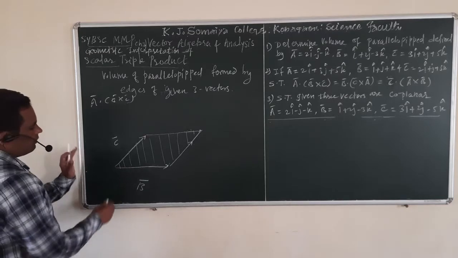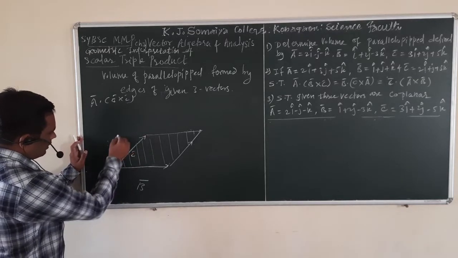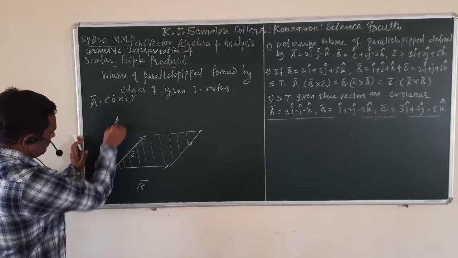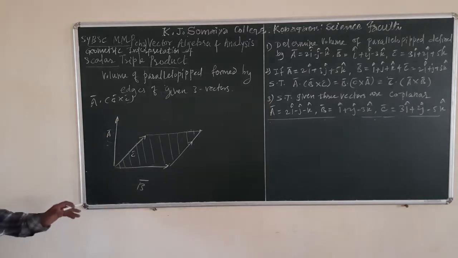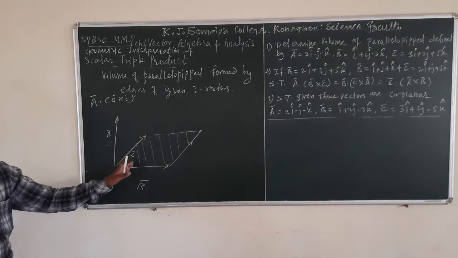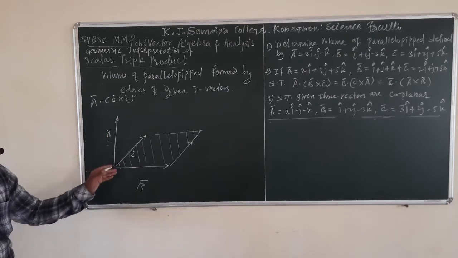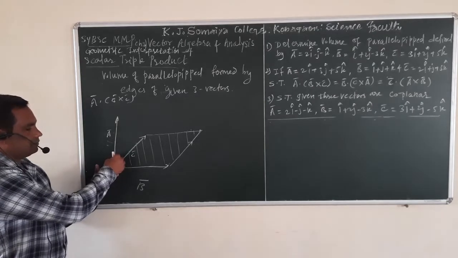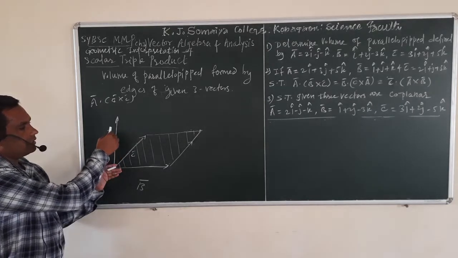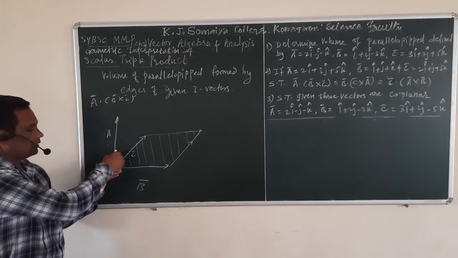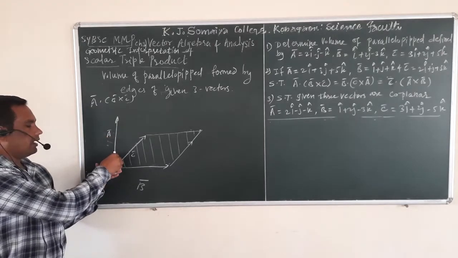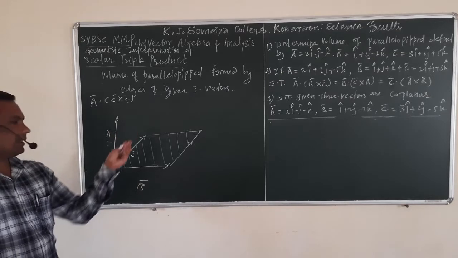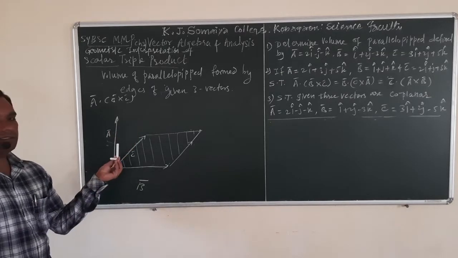Now if we take vector A like this, I have shown vector A in the plane of BC. But see, how can we represent that vector? Suppose this is vector B cross C. Vector A is like this. That vector A is not in the plane of this board. It is like this. And we are taking the dot product of B cross C, which is this vector, and vector A, which is like this.